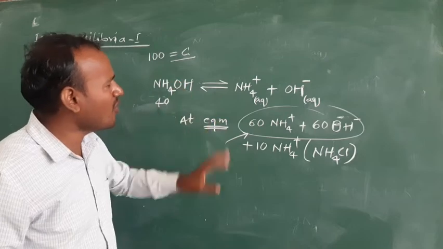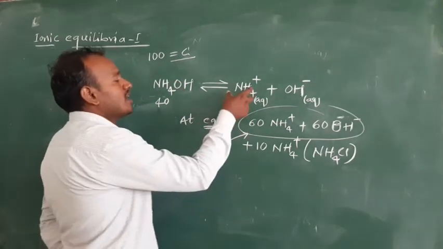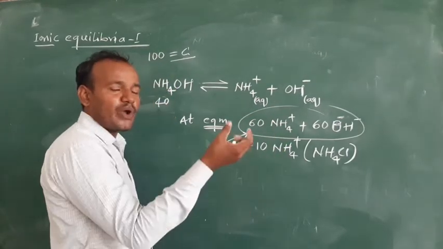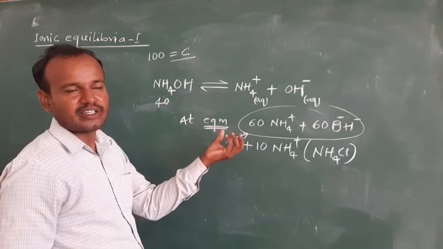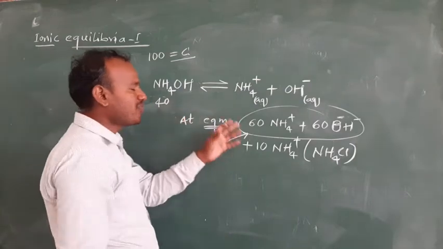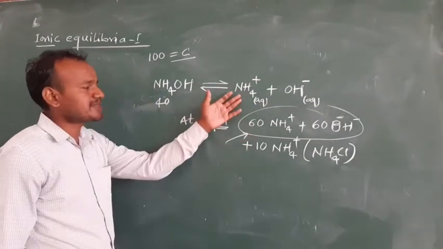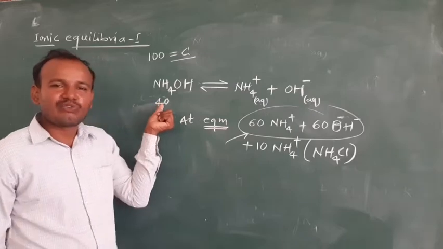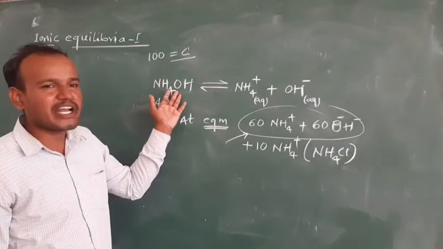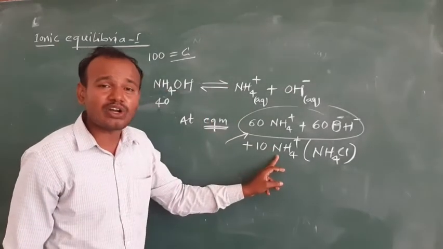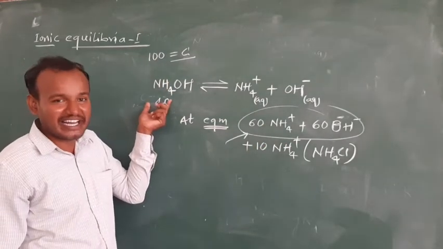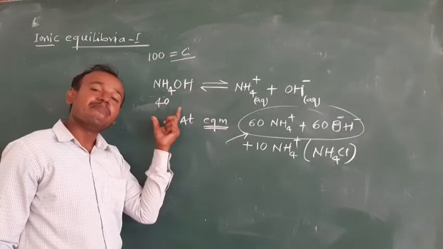Okay, so anyhow, what will happen here? These increased NH4+ ions react with OH- ions which are there in the solution, from water, to get converted back into NH4OH. So if the number was 40, it becomes 50, like that. Then are we saying that dissociation of NH4OH is increased in presence of more NH4+ ions? No, by adding more NH4+ ions, this number will increase because the reaction is shifted in the backward direction.